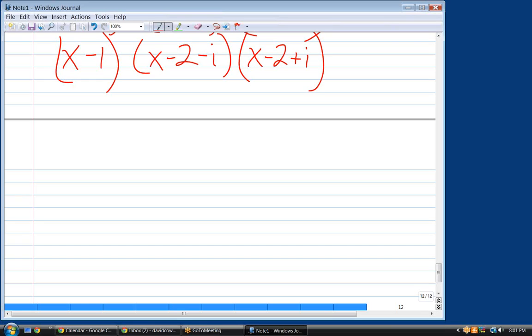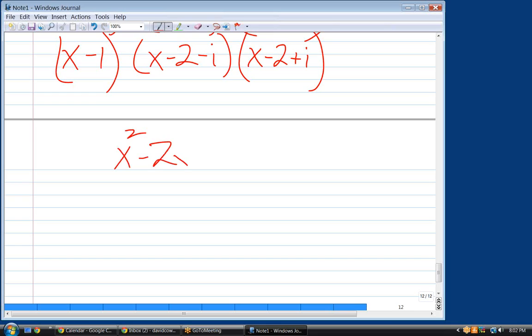What two should I multiply together first? The x minus 2i. And the reason is that because these imaginary solutions come in pairs, it turns out that linear factor times that linear factor will get rid of your i. Let's do it. Okay. So, x squared